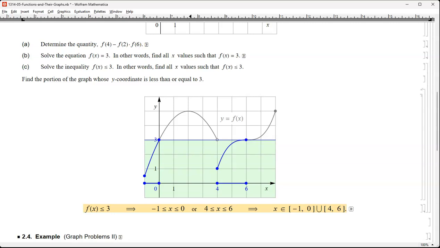Consequently, x belongs to the union of these two closed intervals, -1 to 0 and 4 to 6, union of those. Visualized as -1 to 0, union 4 to 6. They are both closed intervals because we have a semi-inequality here, so we have solid dots. Yeah, that's part of the interval, part of the graph. And then here we have solid dots. That's part of the original graph. So the solid versus empty dots are going to add a little bit of subtlety, but otherwise we have inequality,